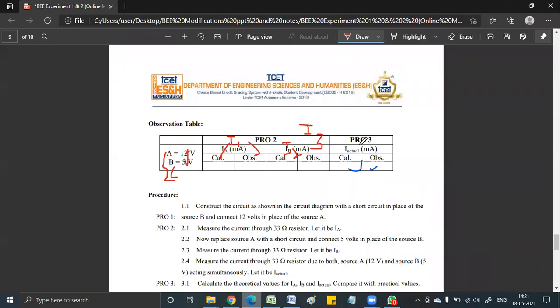और इधर I1, I2, I3 लिखना है. और ये जो I actual है, ये रिजल्टेंट है. ये I1 सपोज आप कैलकुलेटेड भरना चाहते हैं यहाँ पर, तो आप ये तीनों कैलकुलेटेड को ऐड करोगे, तीनों कैलकुलेटेड को ऐड करके ये आपका रिजल्टेंट मिलेगा कैलकुलेटेड. सिमिलरली आप तीनों टिंकरकैड का ऑब्जर्व वैल्यू को ऐड करोगे तो आपको रिजल्टेंट मिलेगा. और ये जो आपका रिजल्टेंट वैल्यू है कैलकुलेटेड एंड ऑब्जर्व, शुड मैच विद योर फर्स्ट एक्सपेरिमेंट का आंसर. फर्स्ट एक्सपेरिमेंट में भी वो मेश 2 का आंसर है, जहां पर आप I2 निकाल रहे हो, करंट थ्रू दैट 5 ओम.